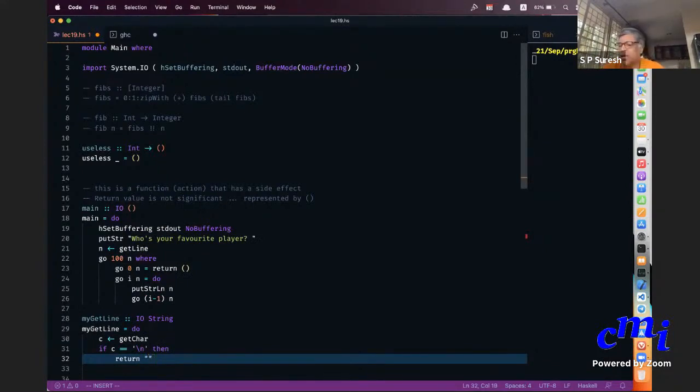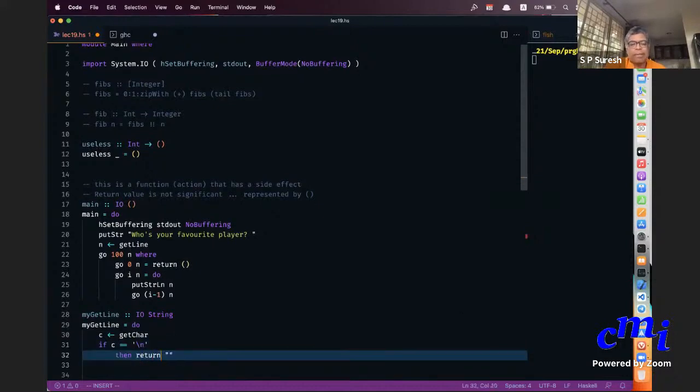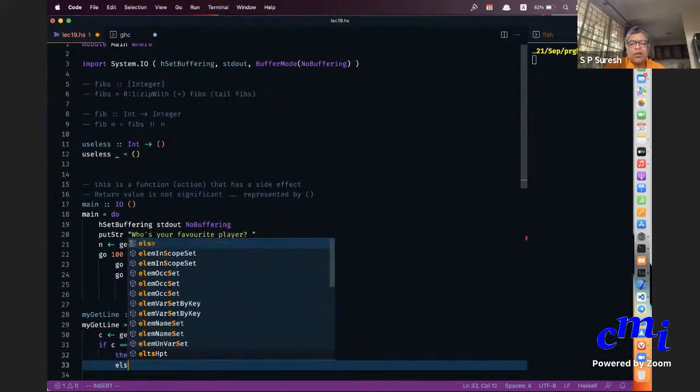If I immediately press enter, you have to return the empty string. The empty string means nothing has been entered, and then you have to promote its value, so you say return empty string. Else, what do you do?